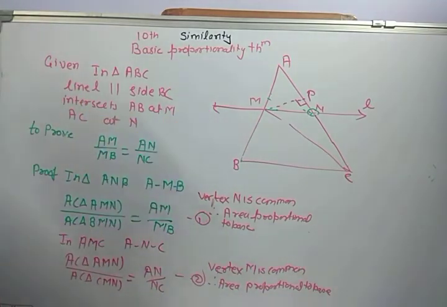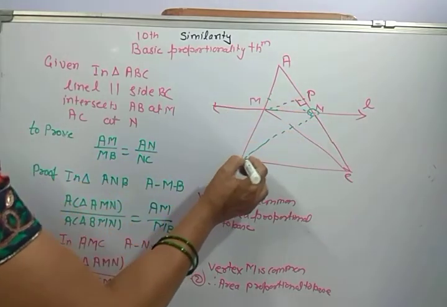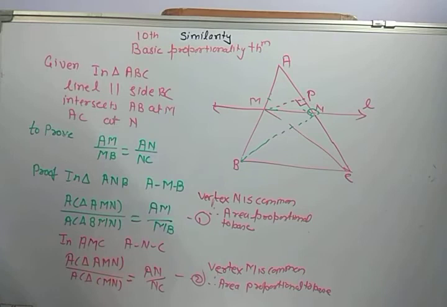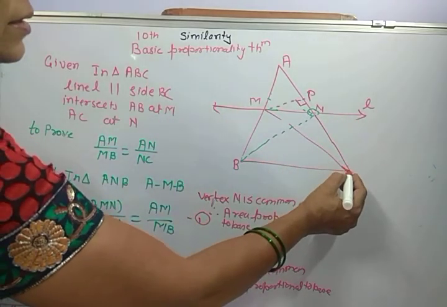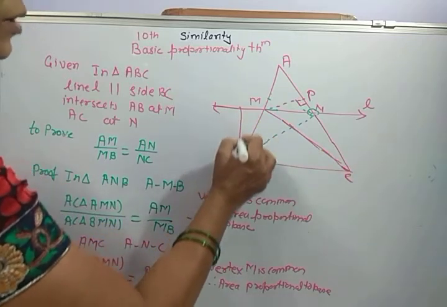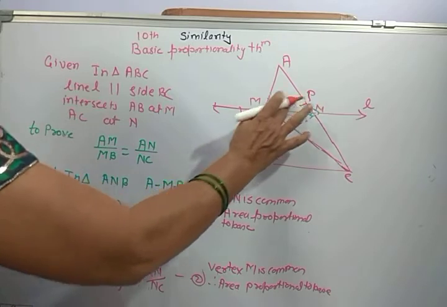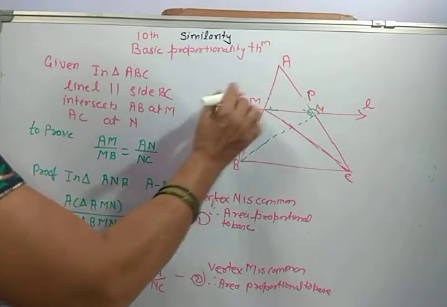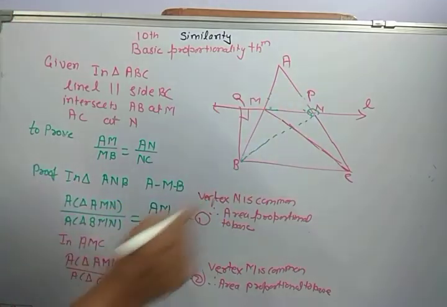Now I will rejoin the original figure. This was our construction. Now in this case, MN is parallel to BC. Therefore the height here is constant. Okay? BQ height is common and MN base is also common.